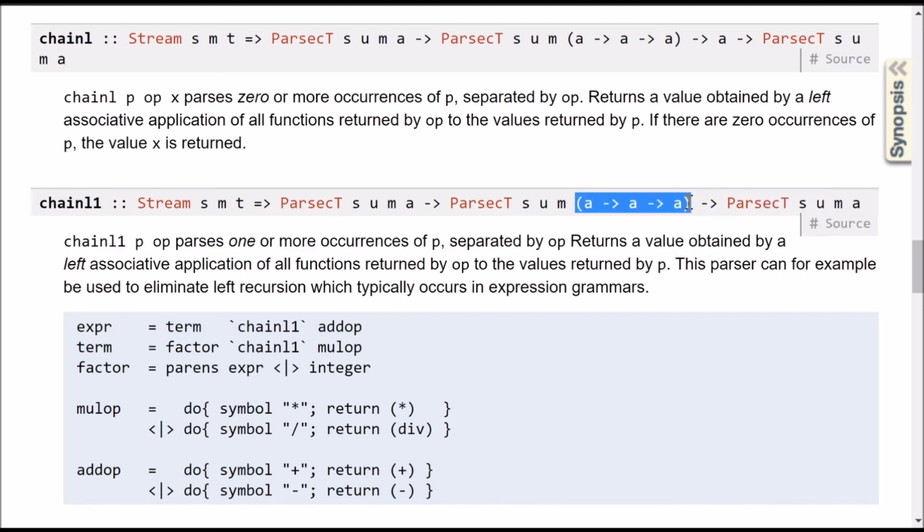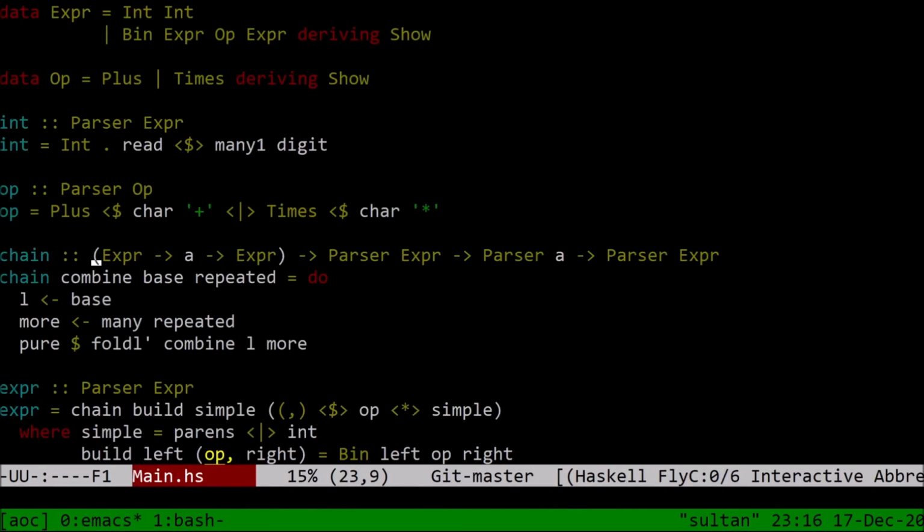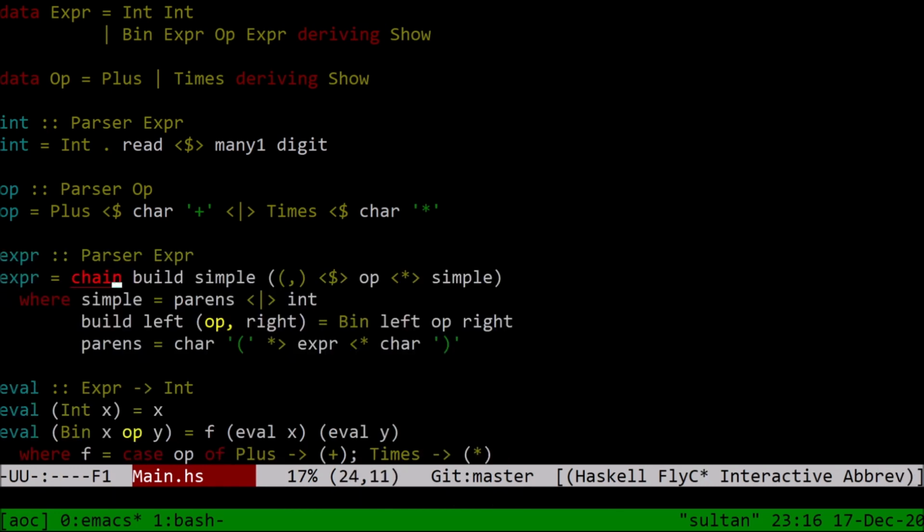I see, it parses functions from A to A to A. So to use chainl1, we should change things the tiniest bit here, right? Because in chain, I was taking an A just because I didn't really care. Yeah. So really, I should throw this entire nonsense away and use chainl1,